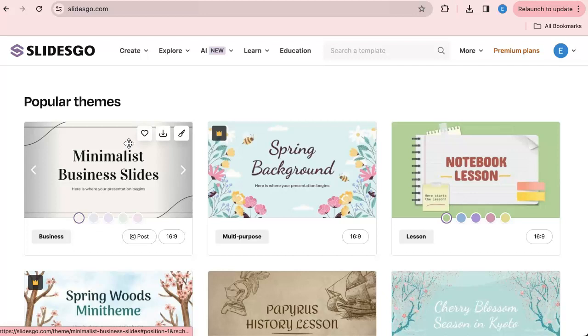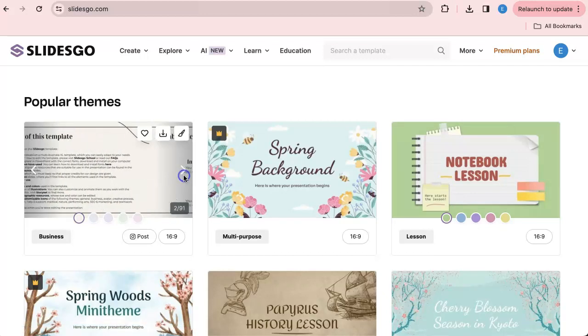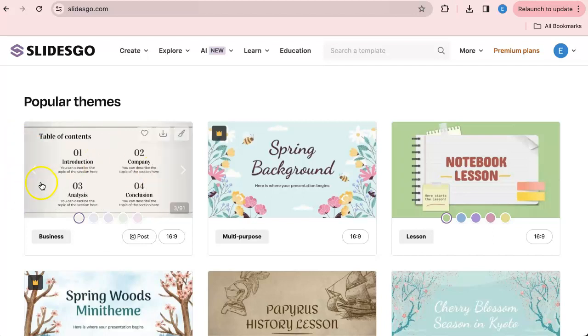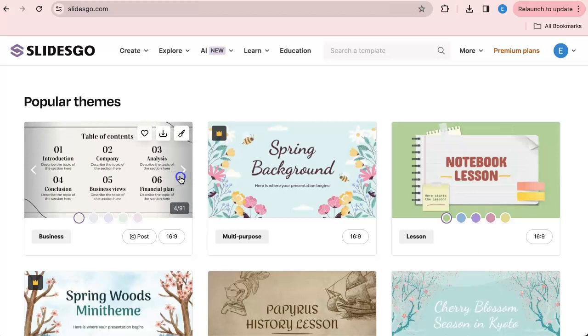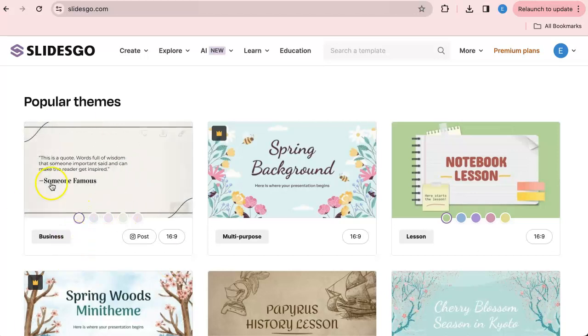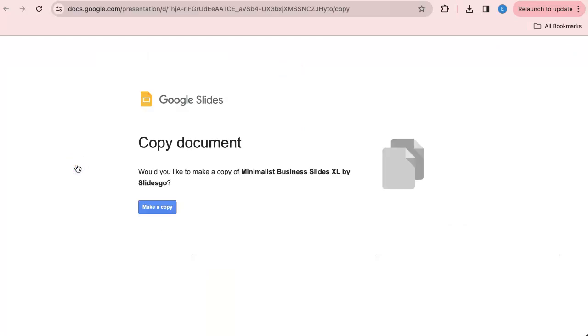information, or you can download themes for your slides, like this one. It's called Minimalist Business Slides, and it's like themes. So the font and the colors and stuff are already all picked out, and you can download it and use it. Like if I hit download, you can download to Google Slides, PowerPoint, or Canva. Maybe I want to download it to Google Slides. So you hit make a copy,